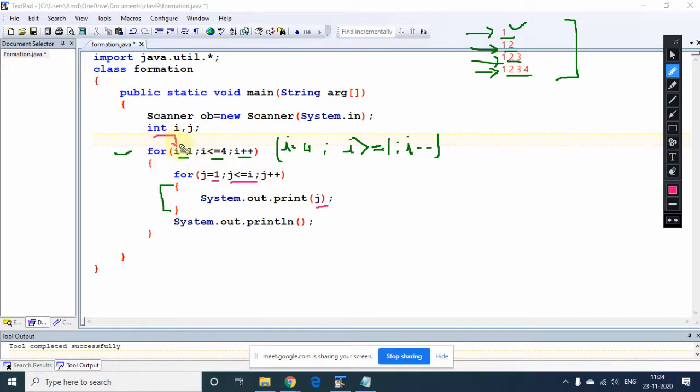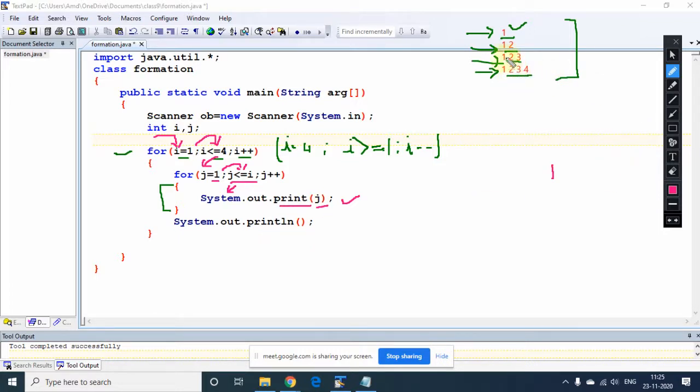So now let me show you the execution. First of all your control moves here, so I becomes 1, I is less than or equal to 4, and so the current value of I is 1. So again the condition is true, so you are coming inside the loop, so j becomes 1, and now you are testing the condition 1 is less than or equal to 1, so again the condition is true, so you are moving inside. So what you are getting? 1, because of this. And now see, we are not using println here, because if you use println here, the printing will come every time on a separate line.